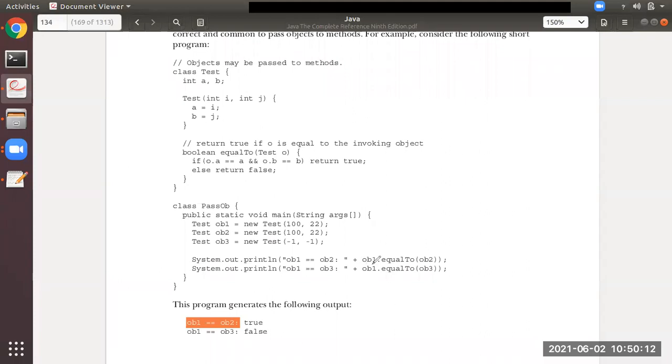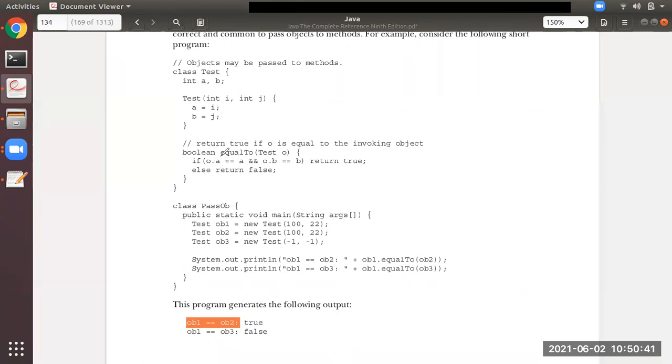See here, ob1.equals(ob2). So ob1 is an object which has got a as 100, b as 22. And it will call this equals method by passing what as a parameter? ob2.